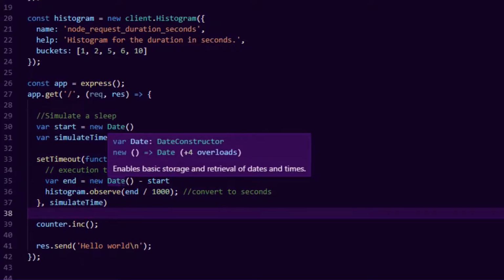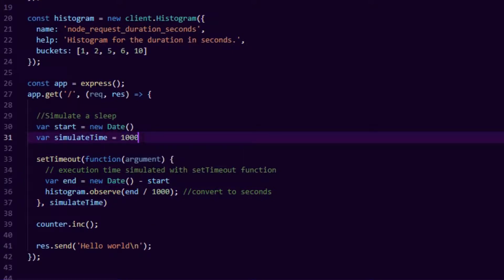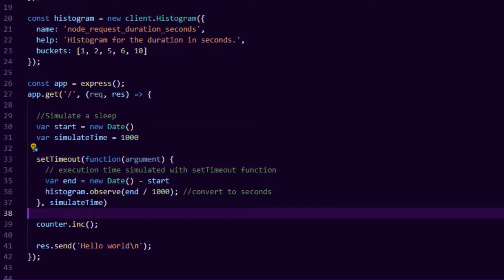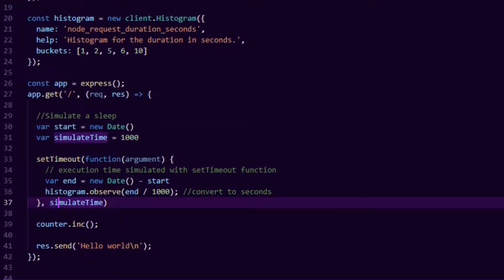This is just to simulate some kind of work. Normally you would do an API call or some kind of server call operation, and so we just have this to mock that. So the key thing you want to do is first start a timer,